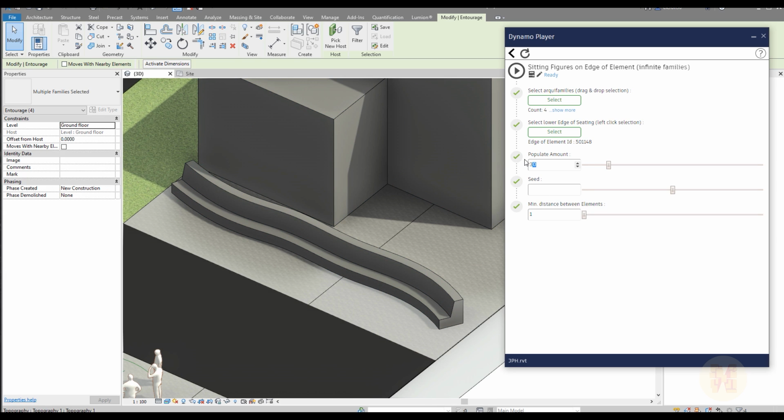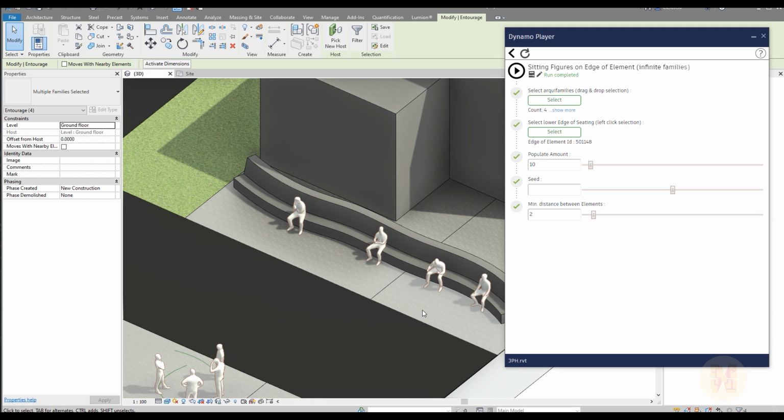Again, populate, I will do only 10 people. The seated doesn't matter, it's only to randomize our people. And minimal distance, I will say it will be 2 meters, not 1 meter. And let's hit the button run script. We run the script, and as you can see, here is our people exactly sitting on our